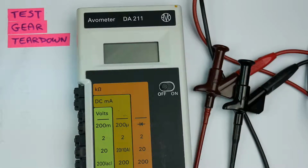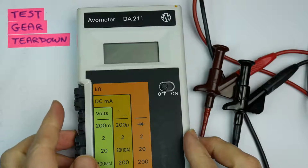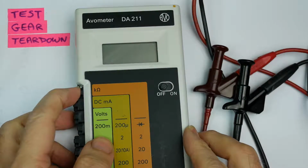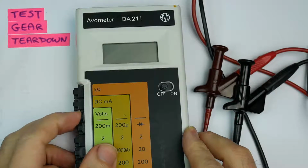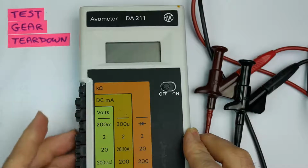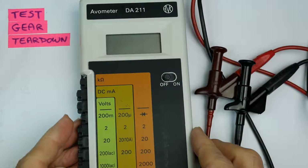Today's test gear teardown is a meter which I briefly showed before when I tore down the Data Precision 945 multimeter, which has the side push buttons for range selection. Now this meter also has side operated push buttons for range selection. So I promised in that video I would tear this one down, so let's go ahead and have a look